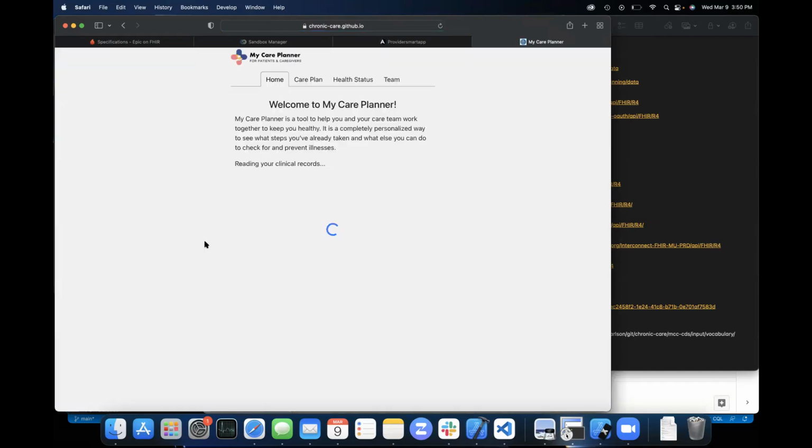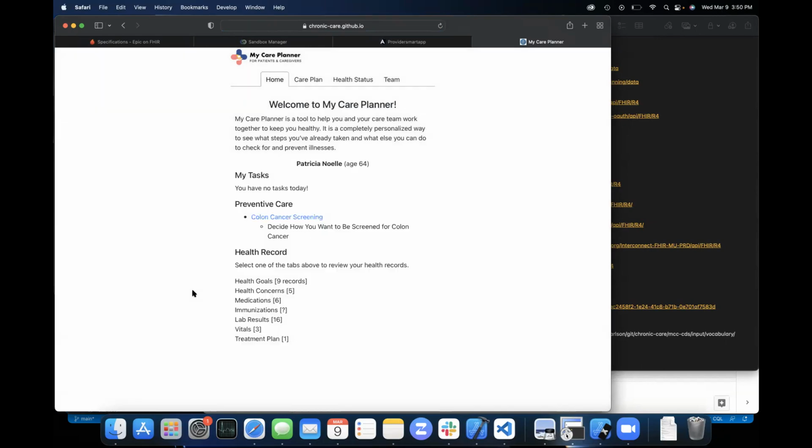So looking at Patricia Noel, this is formatted from the priority of a mobile application. And I've tested this pretty extensively over a range of smaller mobile devices so that it presents well in a smaller mobile footprint. And it's a web application. It's not a native app at all. It's just a web application. So I'm running it just in the Safari browser right now.